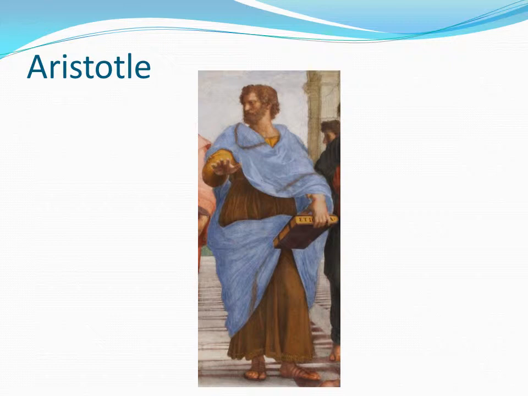in front of him. And also he's wearing blue, kind of a color of the ocean, and he's also wearing brown, the color of the elements, whereas Plato is wearing this purple and this red, this more fiery kind of thing. Anyway, so this is all the symbolism in the painting.